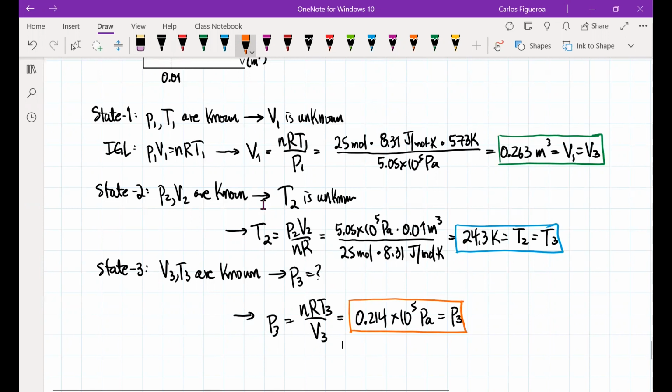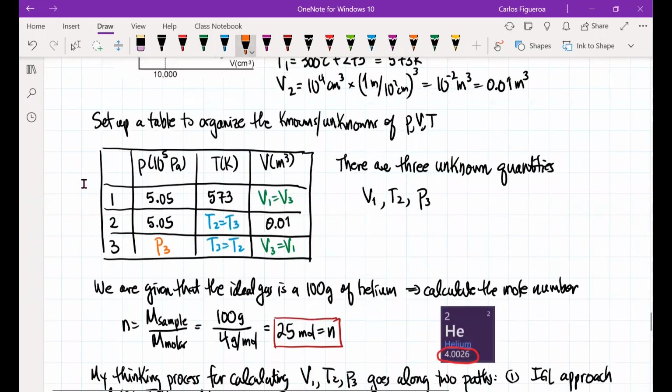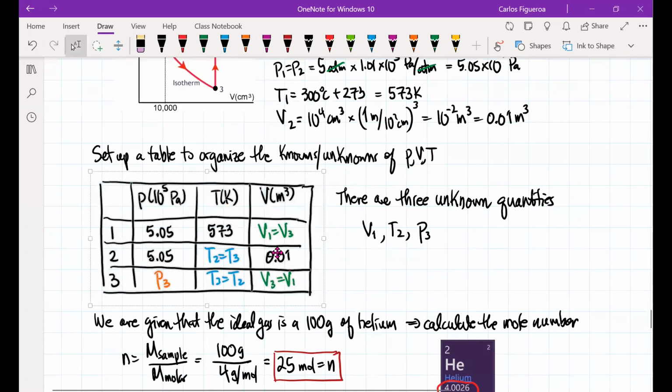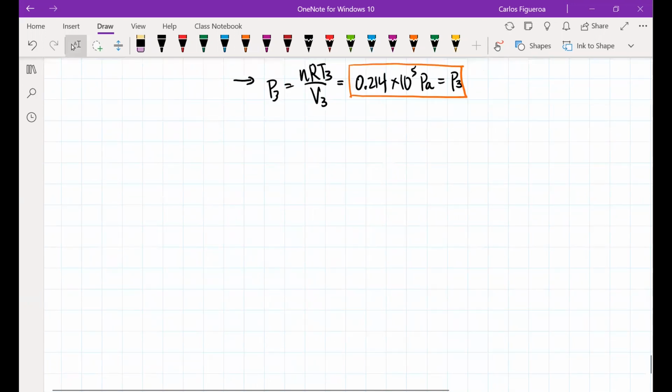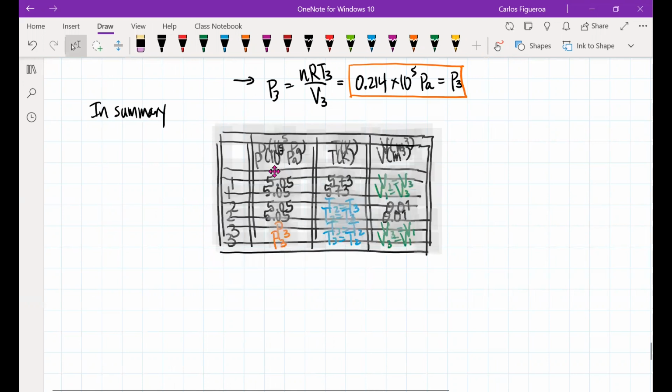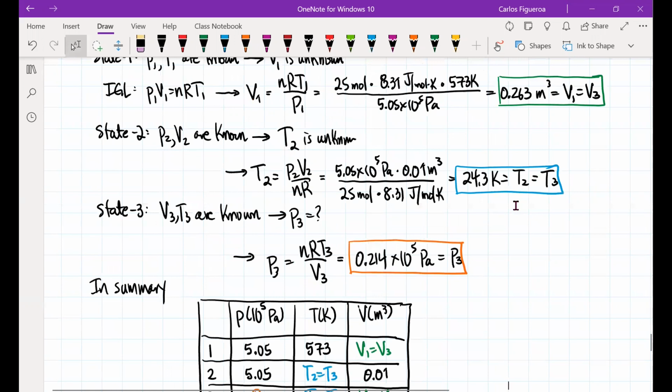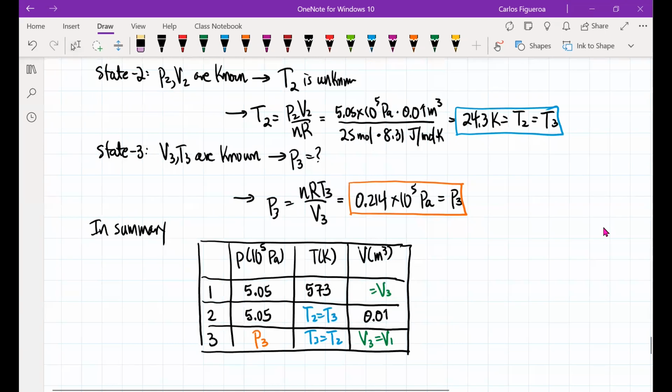So now I've computed all 3 of these. So I'm going to take these guys and I'm going to copy this and bring it down with me. So now I could say that in summary, I could now fill in my table. And here's my table. So now if I just look at what I have here, look at my volume, it's 0.263. So now I'm going to take this guy out and this guy out. And I know that this is